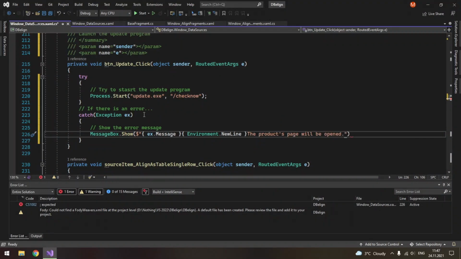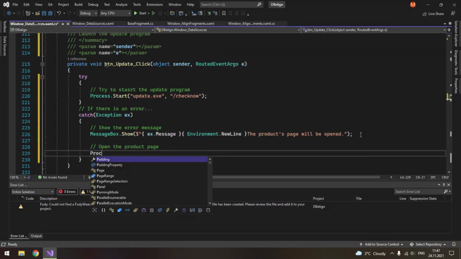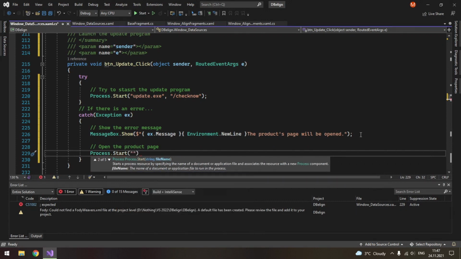So if, for example, there is any error, like you don't have the update program, it will simply open the page for this product, and users will be able to update it manually. So here we will open the product page. So process.start, and here you will put the URL address to your website where this product is contained. As always, I will just put the link to my YouTube channel.